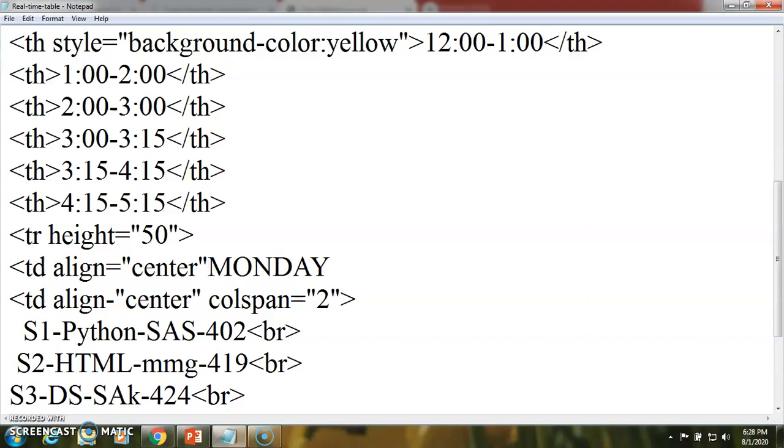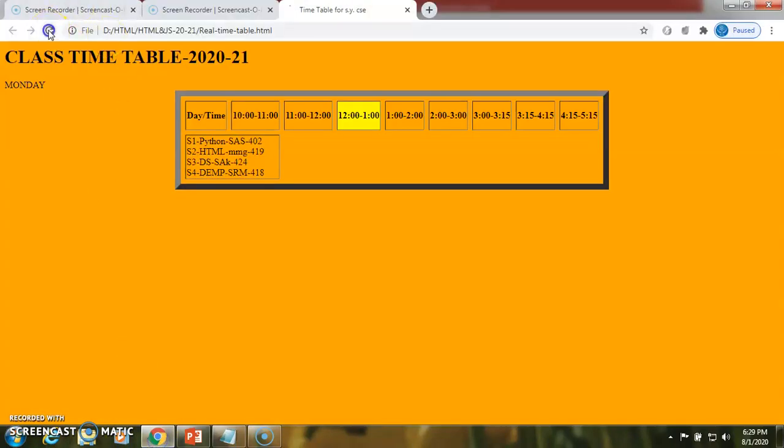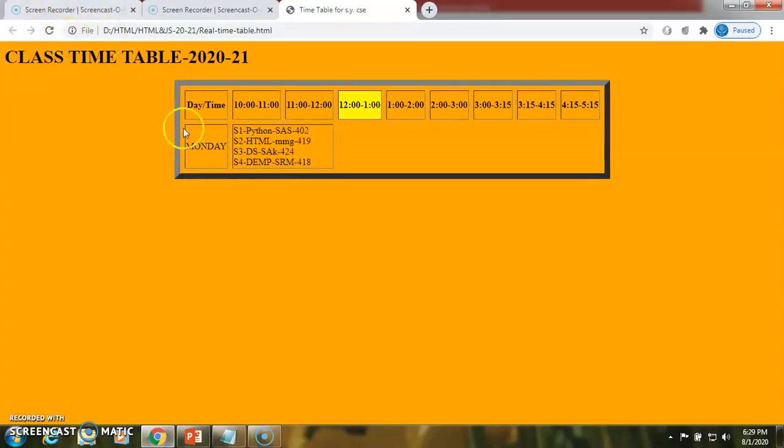So the first cell can be displayed, that is Monday. Just refresh that button. Here the days of the week we have displayed, and these two slots we have combined.